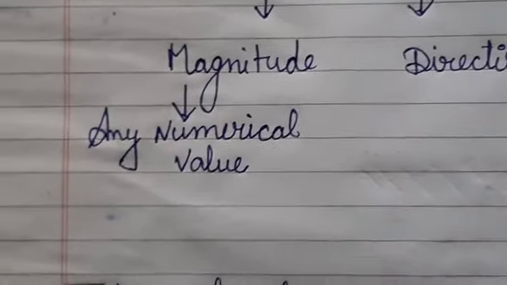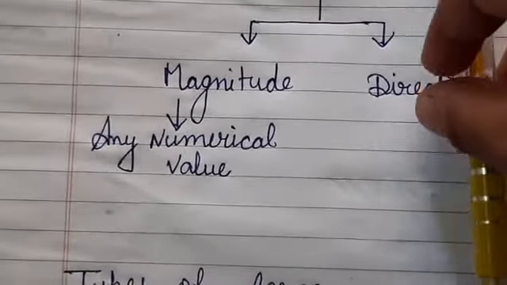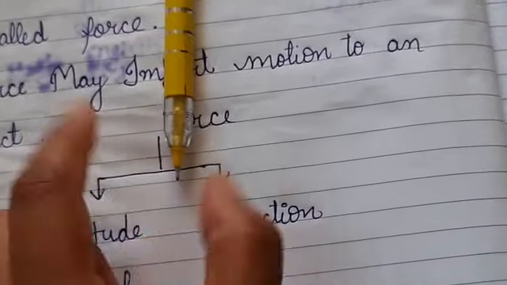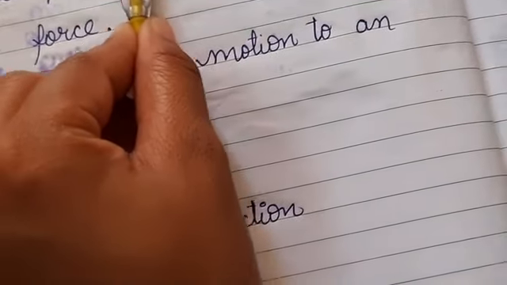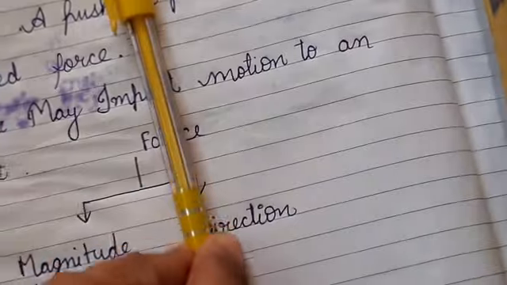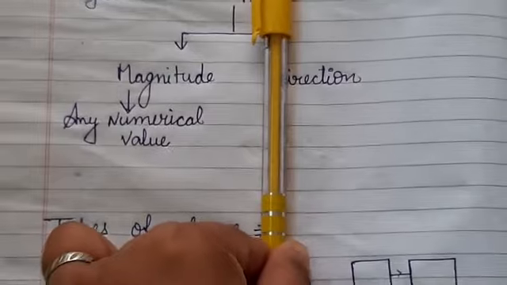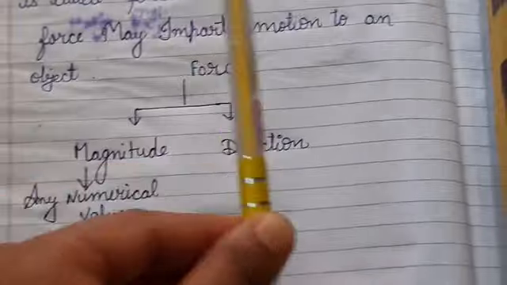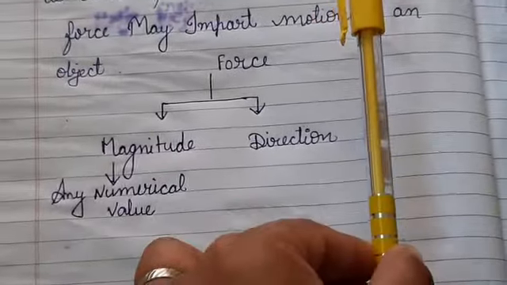And the direction is also very, very important in that aspect. How direction is very important, let's do that activity. This is the pen. If I am applying a force in this direction, it will move in that direction. If the force is in this direction, backward direction, then the pen will come in the backward direction. That's why you have to tell the direction that the force is applied either rightward, backward, leftward. So how will you show it? Via plus or minus sign.